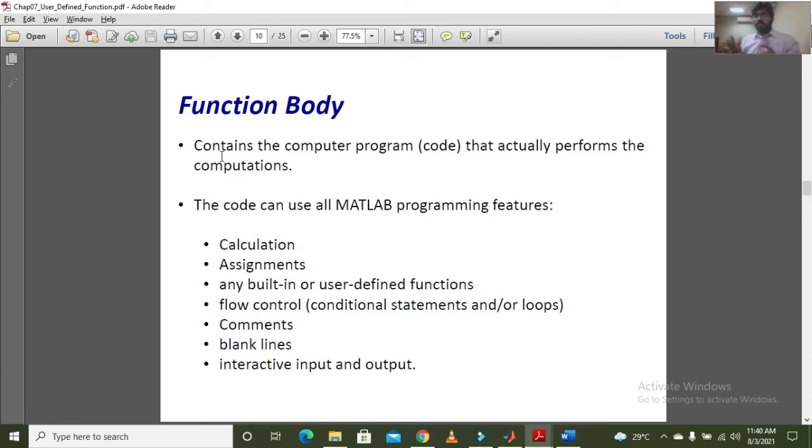So it was quite a complicated function file because it consisted of 8 to 10 formulas, and they were interlinked with each other. So right now we are going with a very simplified example in which we have only one input argument and one output argument.